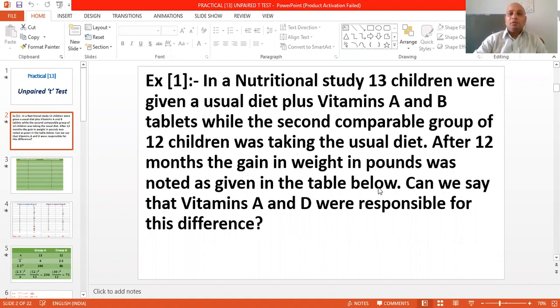Example first. In a nutritional study, 30 children were given a usual diet plus vitamin A and B tablets, while the second comparable group of 12 children was taking the usual diet. After 12 months, the gain in weight in pounds was